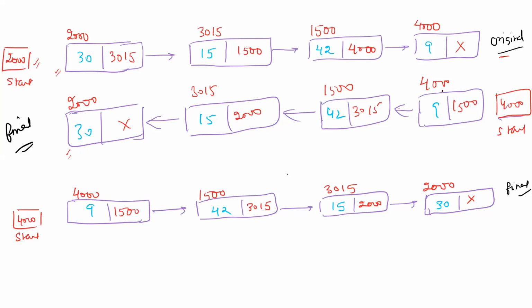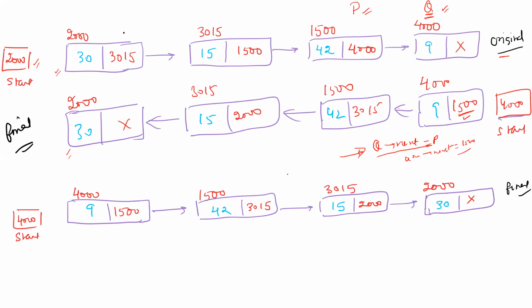Basically, let us take two pointers, P and Q. P is the previous pointer, Q is the next pointer. What we are trying to do is make Q next equal to P in the final version. Here 4000 next, earlier it was null, now in the final version we store 1500. That means Q next is equal to P, so 4000 next is equal to P, that is 1500. This is the core component of reversal of the linked list.